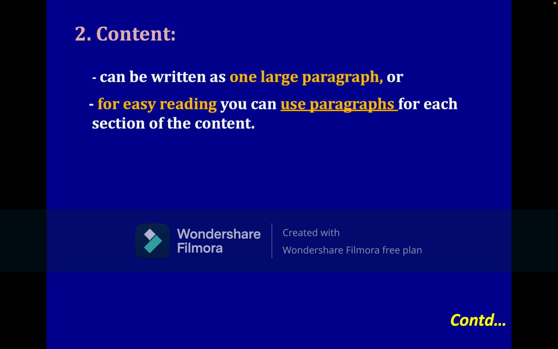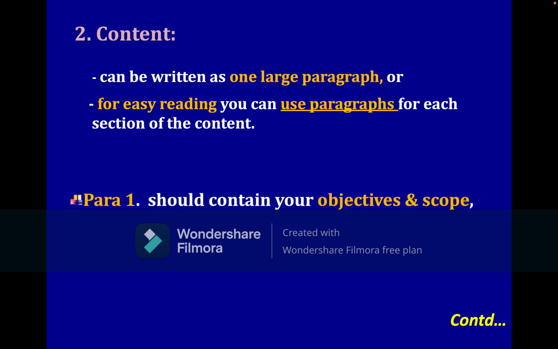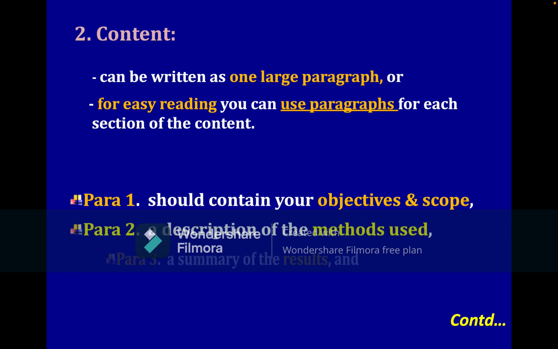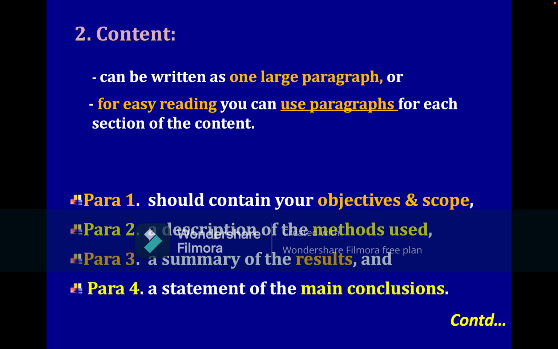Then another important point is content. It can be written as one large paragraph, or for easier reading, you can use a paragraph for each section of the content. So if you want to write your abstract in paragraphs, the first paragraph should contain your objectives and scope. In the second paragraph, include a description of the method used. In the third paragraph, include a summary of the results. And in the fourth paragraph, include a statement of the main